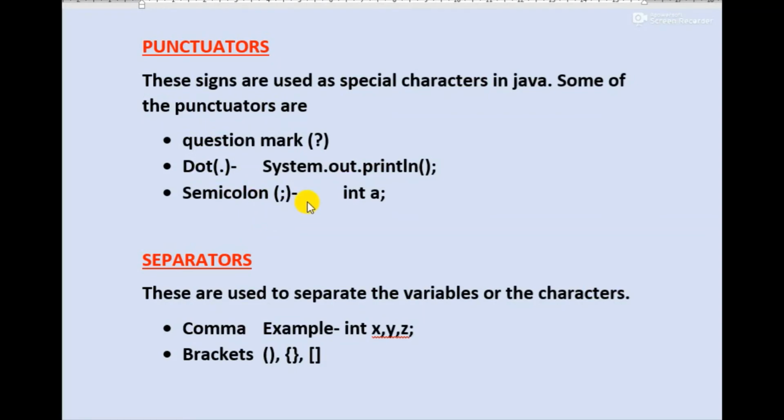In the above example, System.out.println has a semicolon, so that means this statement has terminated. The other one is int a, the variable declaration, and here again we are using a semicolon, which again indicates termination of this statement. So this is the use of the punctuators token.